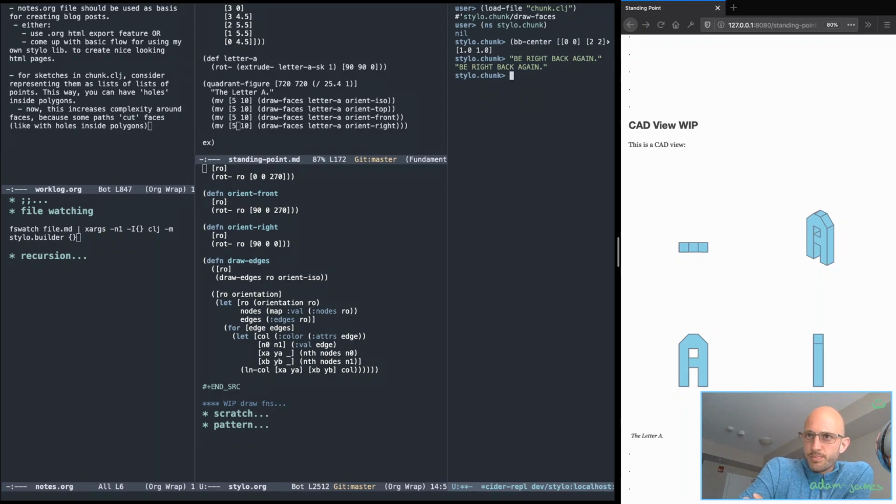And my thought is that I just get the nodes after the rotation has been applied, and then pull the nodes and just discard the Z and run BB center on those 2D points,